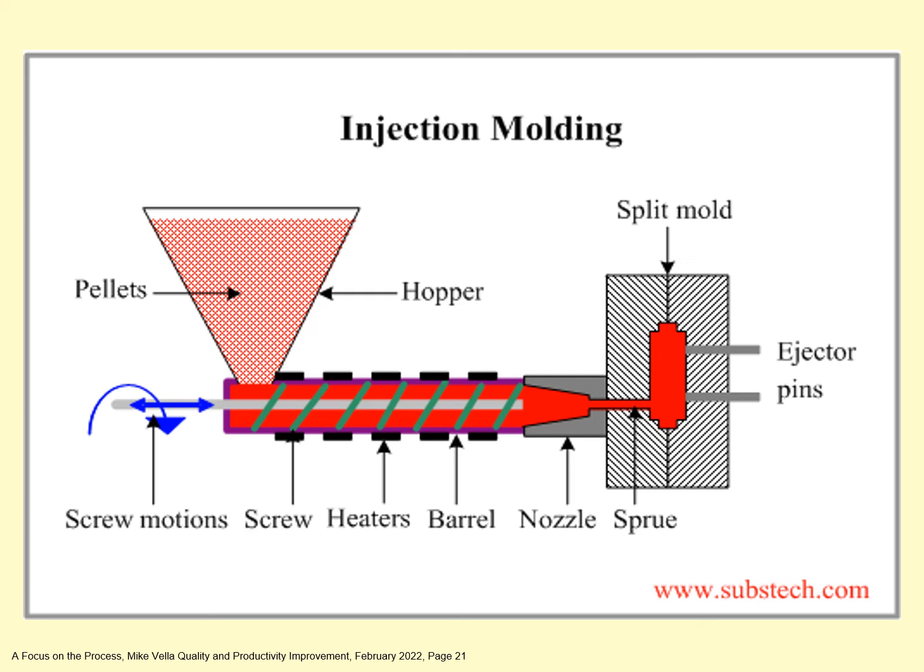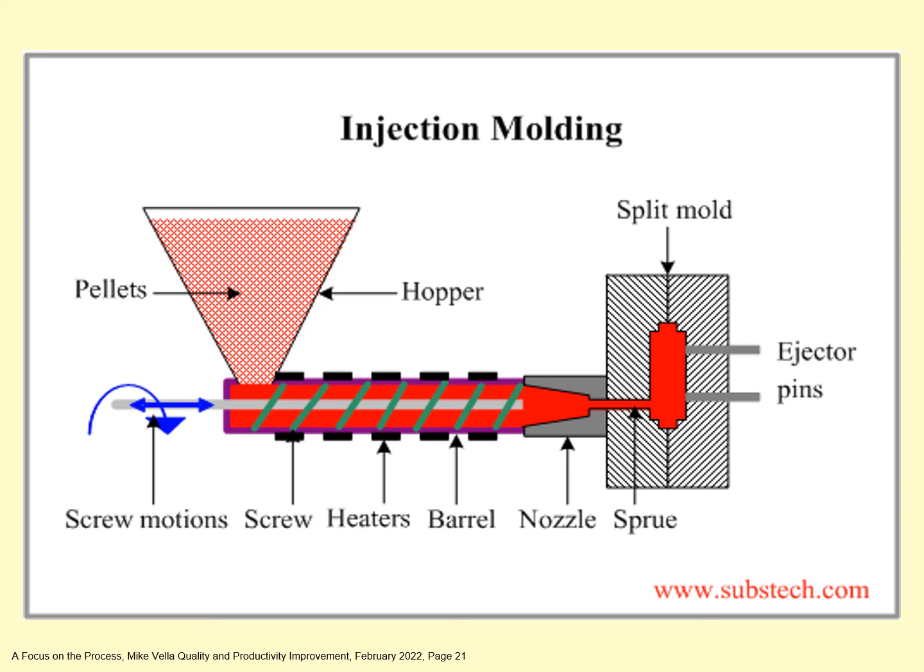So you have a rough diagram of injection molding there. Up on the left, you have plastic pellets in a hopper. They oftentimes gravity feed into a screw process, and that screw is rotating. The pellets go into the screw, and they're being compressed and heated at the same time. By the time they get to the nozzle, the plastic is molten.